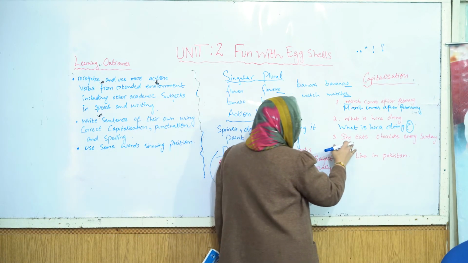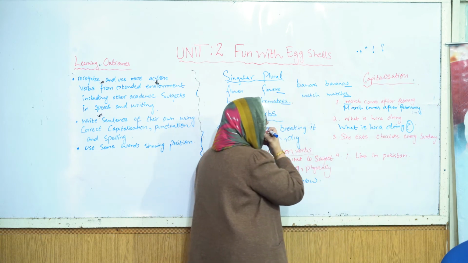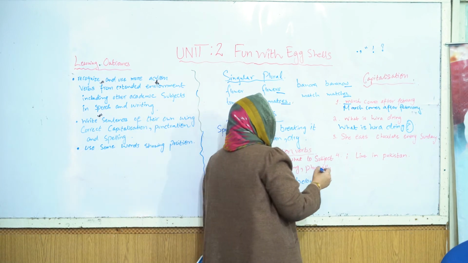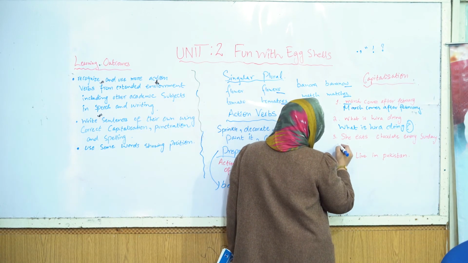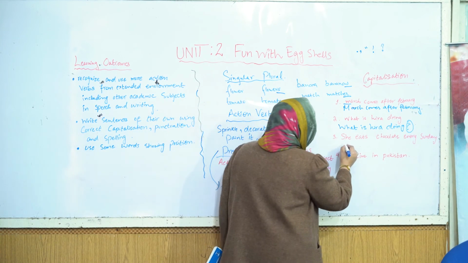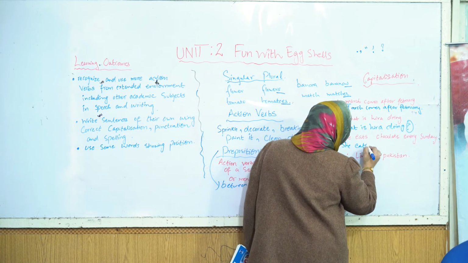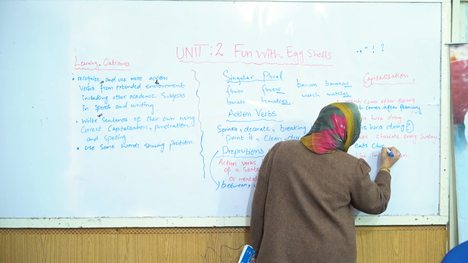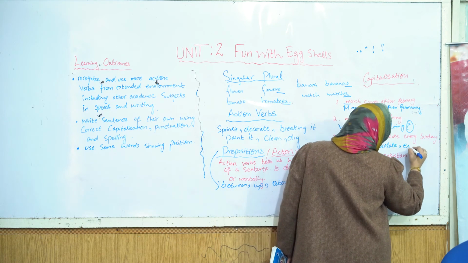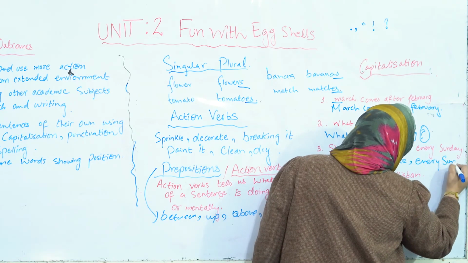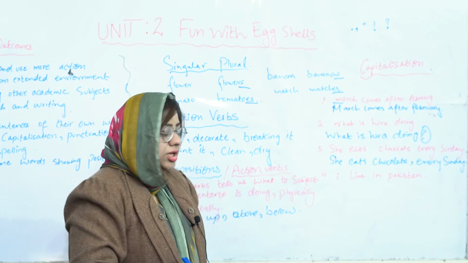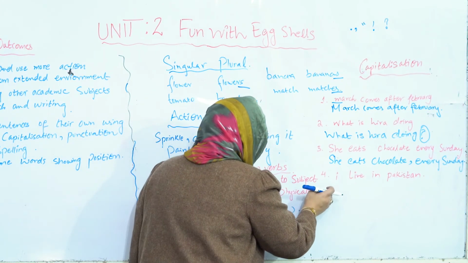Next, move on. She eats chocolate every Sunday. What you need to do? You can see it. She eats chocolate, a comma, every Sunday, and a full stop. Got it? Now move to number 4